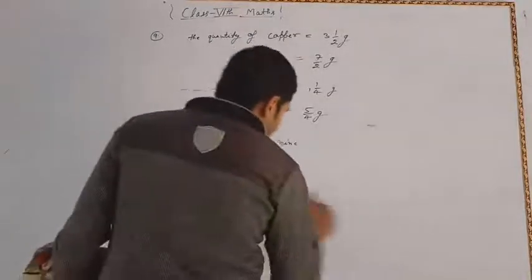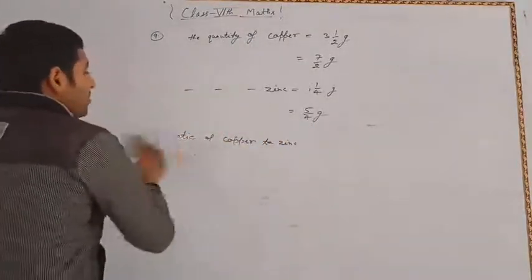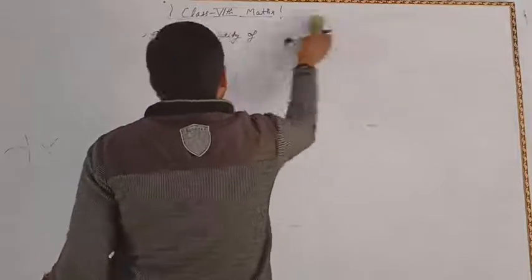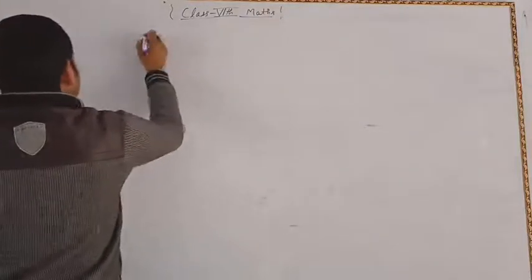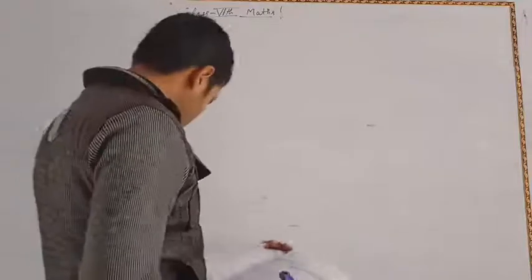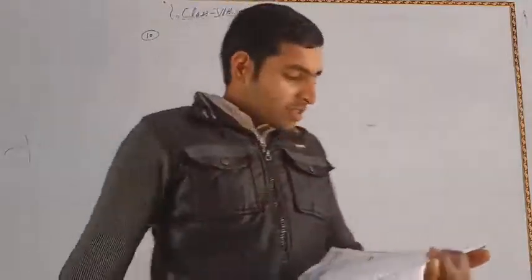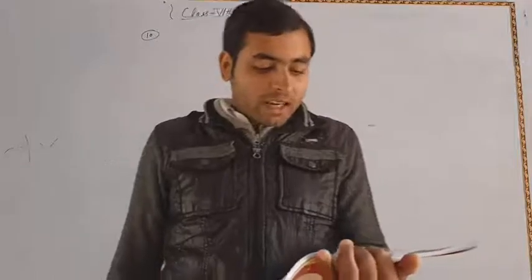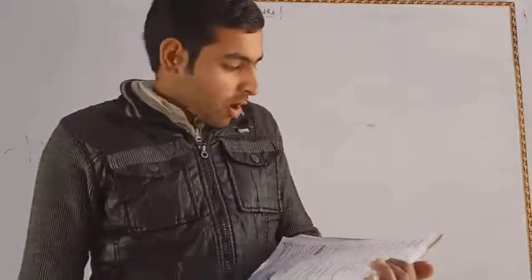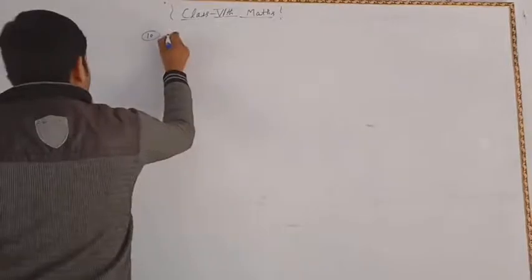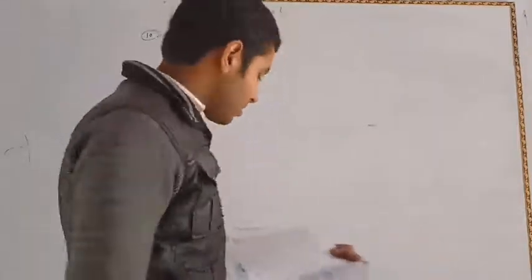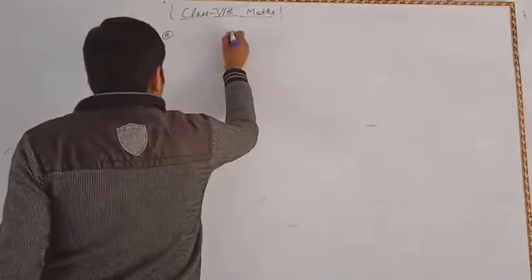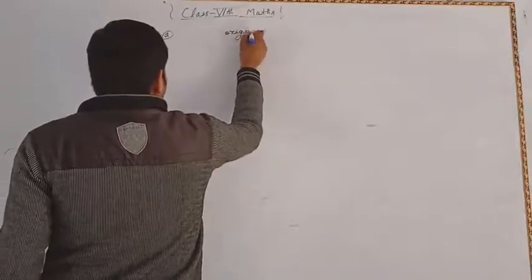Now again we have to solve our problem number 10. In problem number 10, what is given? The monthly expenses of a student have increased from rupees 350 to rupees 500. Find the ratio of, first part of this problem, increase in expenses to original expenses. So first of all we have to write the original expenses.